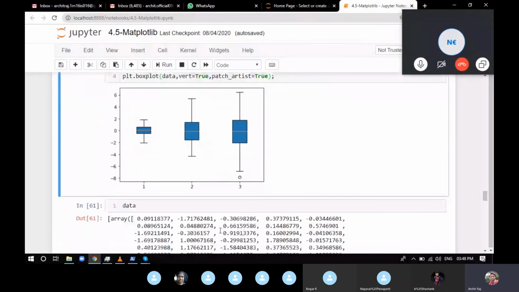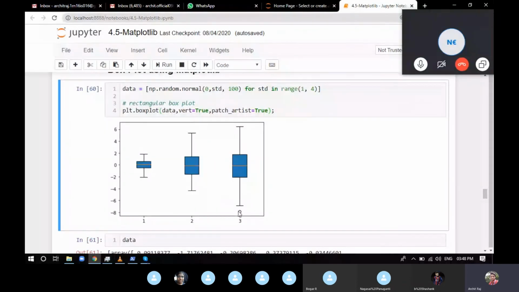Now you can see here there is a small dot. The small dot stands for outlier. So if you're getting random values, there is a probability that you get an outlier which is not inside the standard distribution that you want it to be. Or if you work on real world data, there are chances that you'll get random outliers which are not related to your data, or to the information that this particular data is providing. It's completely outlying. It cannot be possible, but they are there. So if you plot a box plot and see small dots, it means these are the outliers of your data.